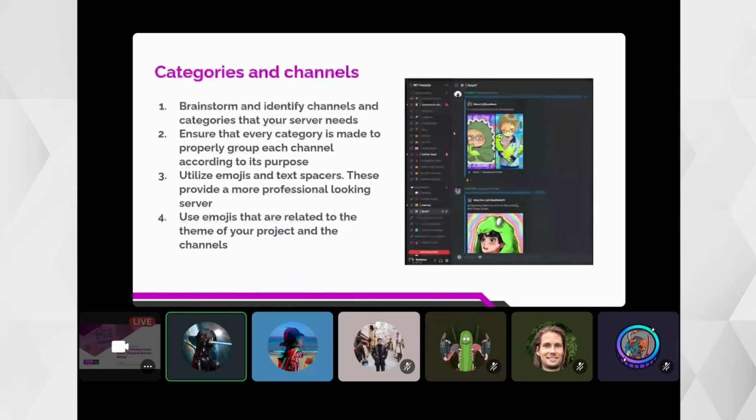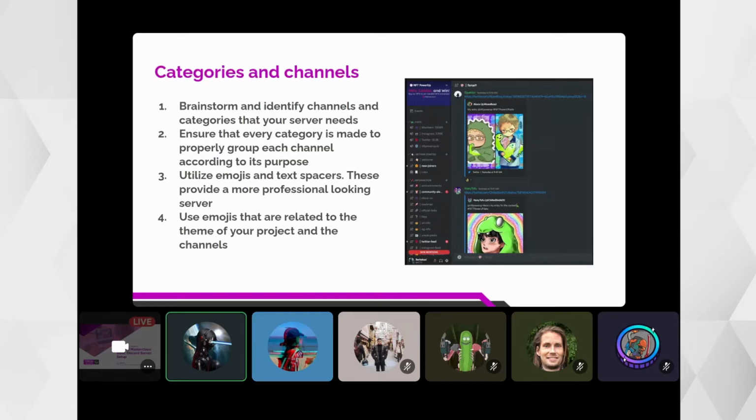As a first step, I brainstorm and identify which channels I need. I usually observe that if you are a beginner and do not have an idea what channels you can add, get into different NFT servers and crypto servers, and you can see different channels with different uses.